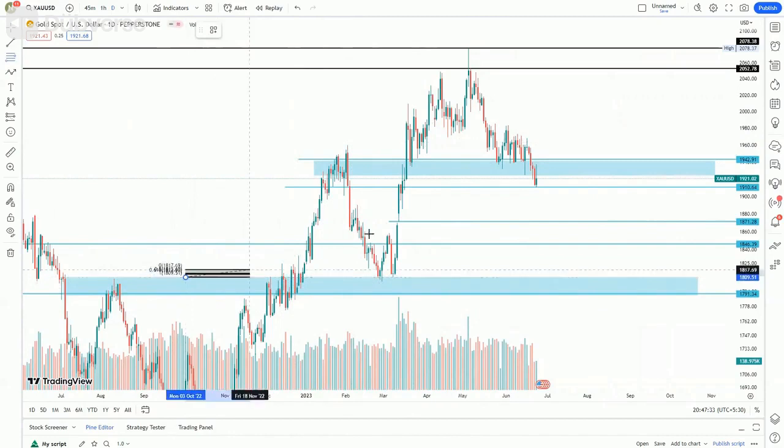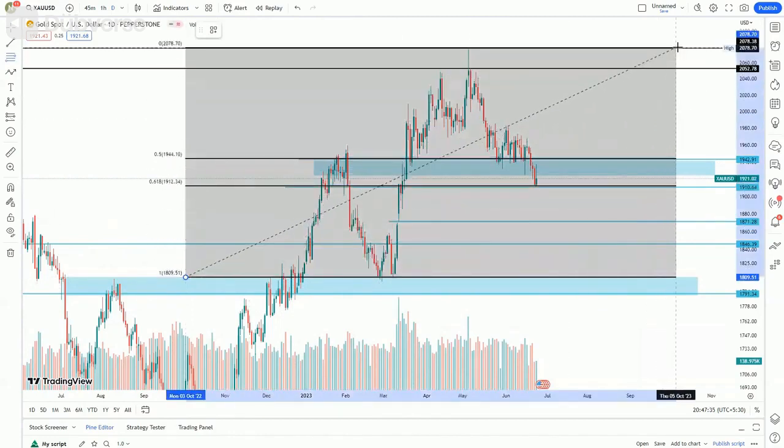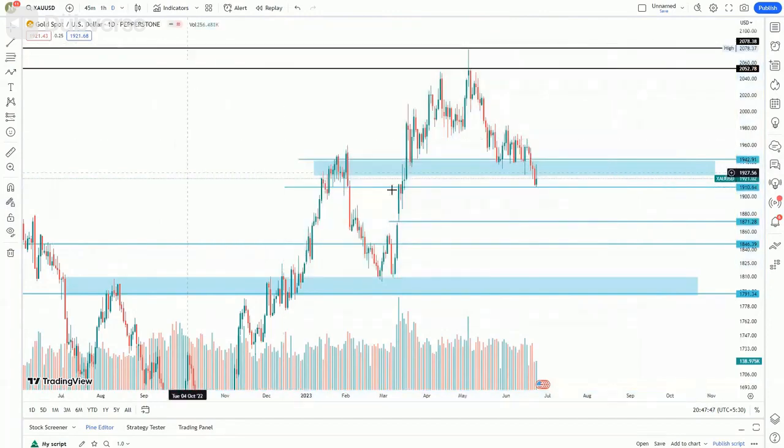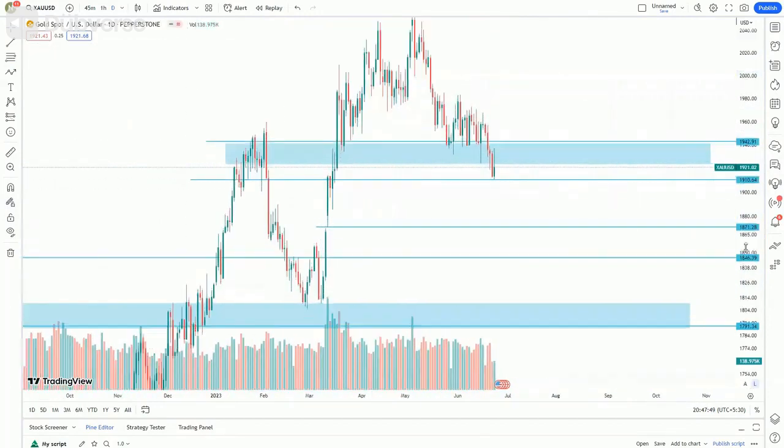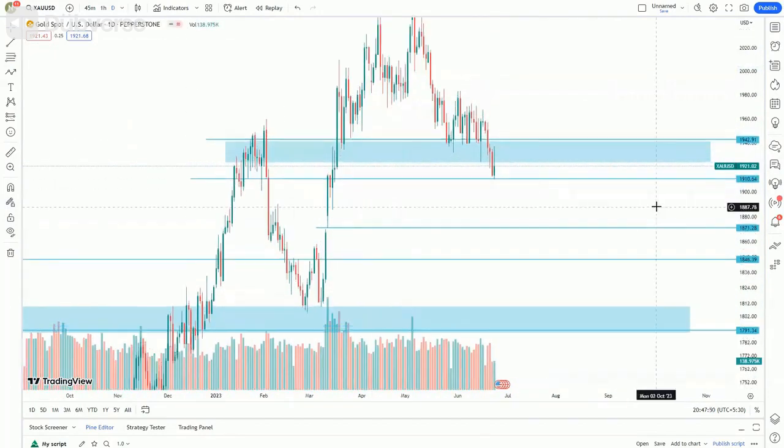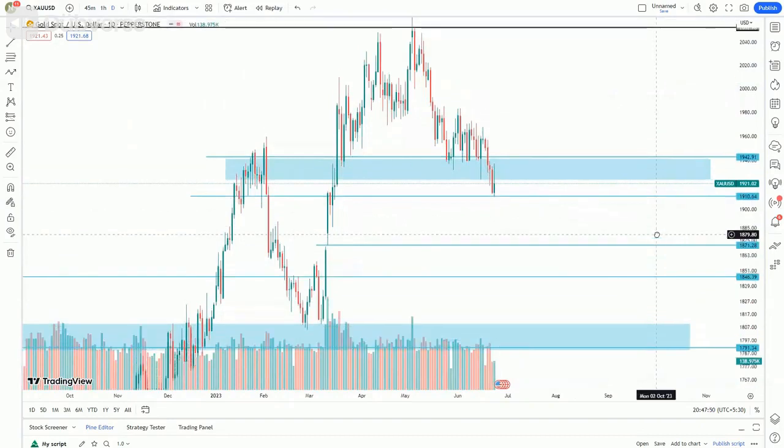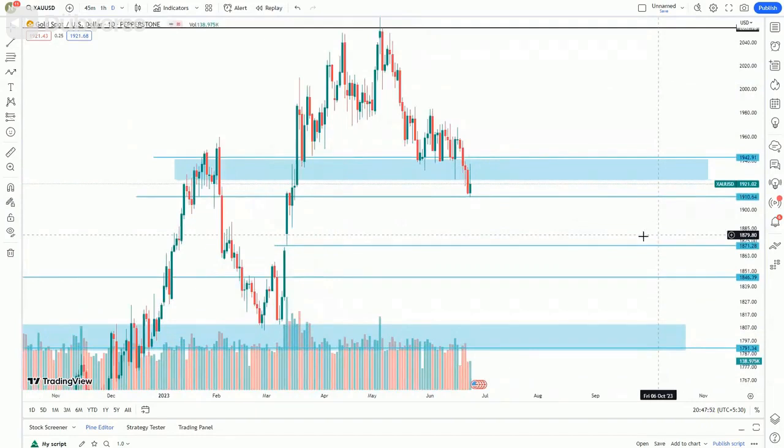So we have two zones, 0.5 and 0.61. The first 0.5 zone is 1942 and the second is 1910. Now we will pay attention to one thing. I will tell you why Fibonacci is important. Now our zone was 0.5%, which if you look at it on day 1, the market was consolidated from the last 1 month and it tried to break it for a long time.